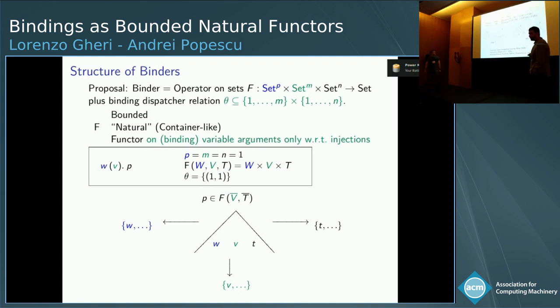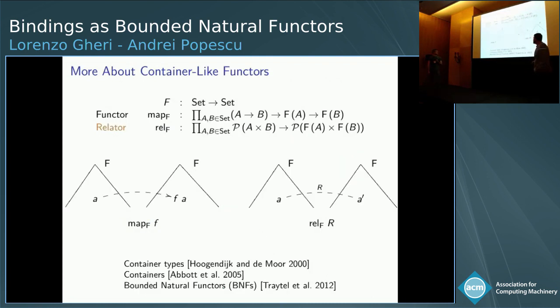Okay, so you mentioned containers. Quick parenthesis here. There are several notions of container-like functors in the literature, and all of them are actually functorial not only with respect to functions, but also with respect to relations. So let's consider a unary case of a container for a second. If we imagine this as a container, an element of the functor is a container filled with content, and the functions are applied component-wise by the mapper, then we also have a relator that lifts the relations component-wise. The relator will indeed turn out to be important. By the way, we picked bounded natural functors as our container-like structure for our work. Those are used for standard data types in Isabelle.